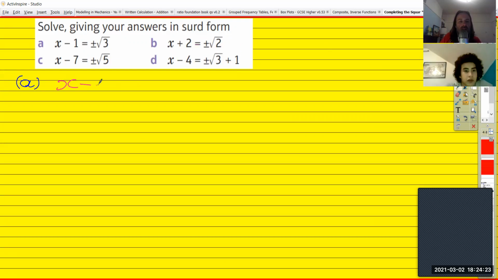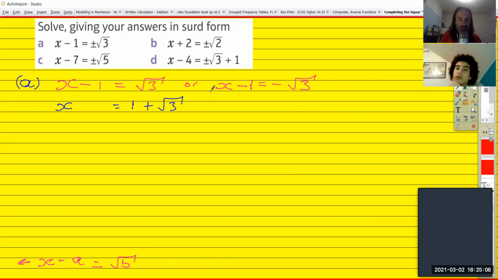And maybe for A, again, it's just a different way of writing that. X is root 4. So that's what's strange about these. It is just 1 plus root 3. You can't combine those two. X is 1 plus root 3. And the other side? X is minus 1 minus root 3. Well done. Let's try question